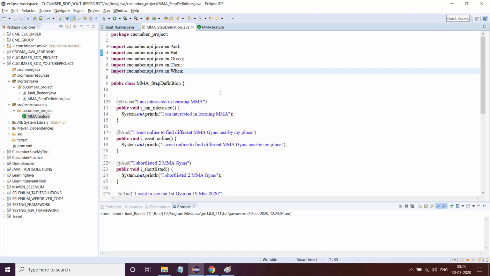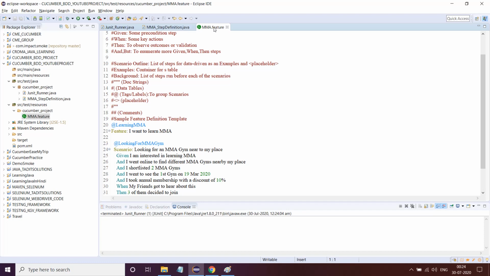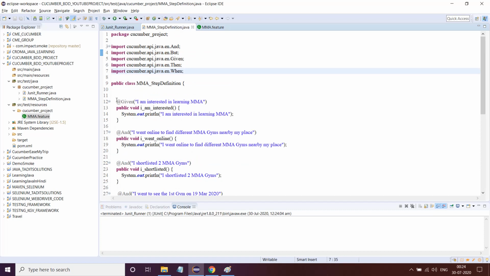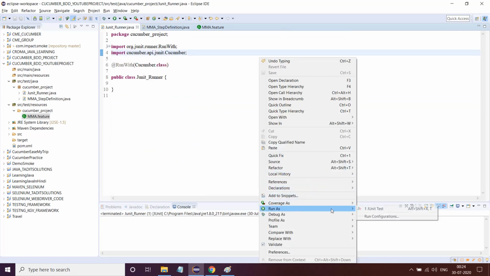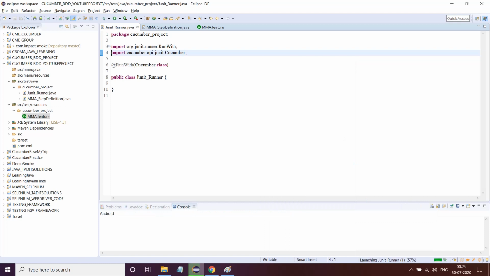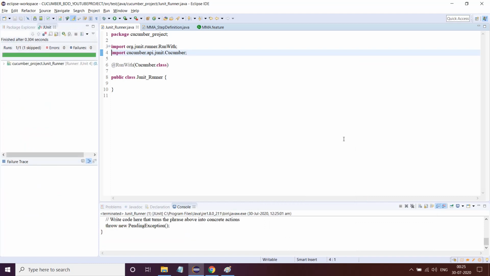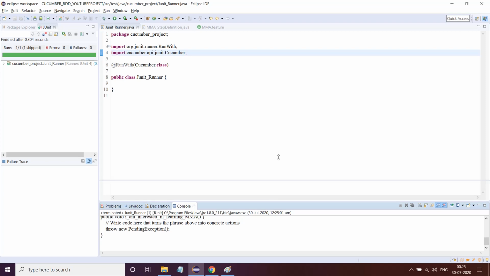The other thing I was telling you about is, in the MMA feature file, if this is exactly written here, learning MMA, and in the step definition you introduce an extra space in this particular part and save it, then go to the runner file and run this, let's see what the output is. It will tell you that you can implement missing steps with the snippets below.